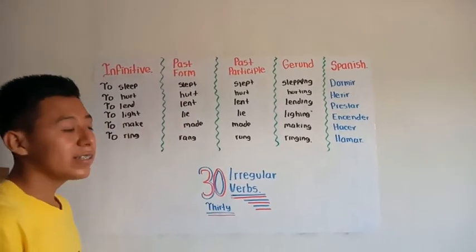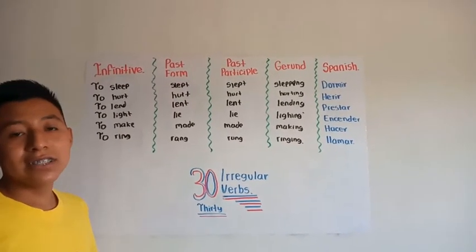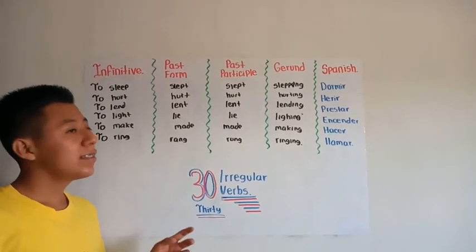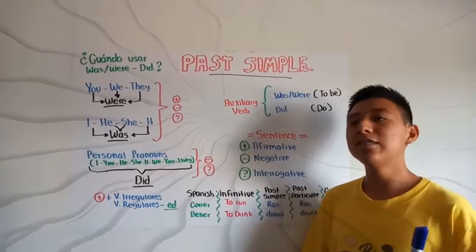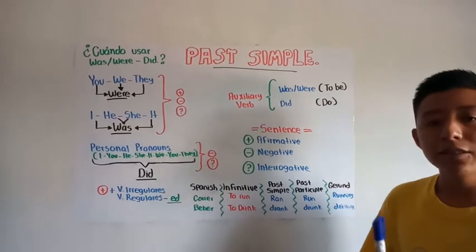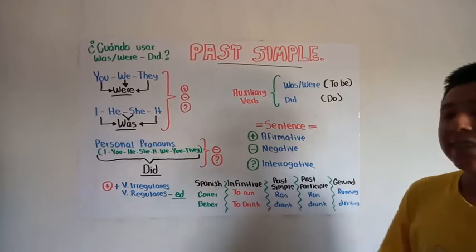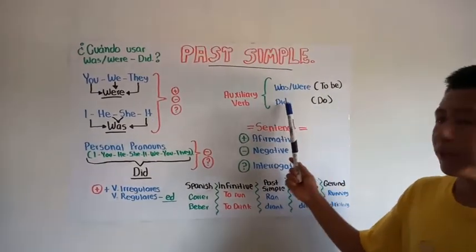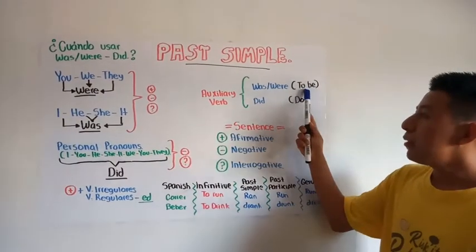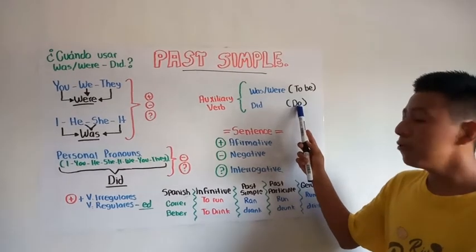We understand 30 irregular verbs, and in the last video we are going to test you on the easy topic called past simple. Welcome to this video. We are going to study the simple past topic. In past simple, there is an auxiliary verb. The auxiliary verb could be was, were, or did. To be in the past simple is was, were, and the verb to do in the past simple is